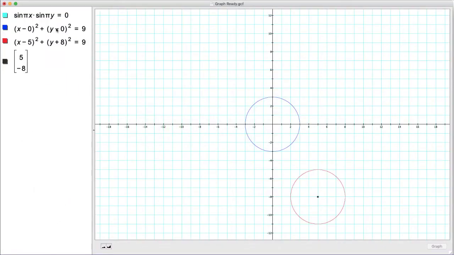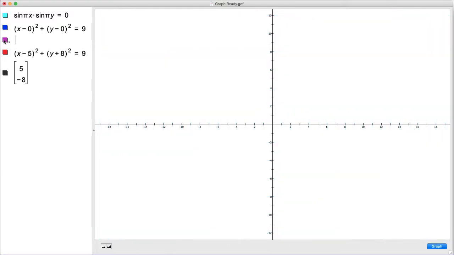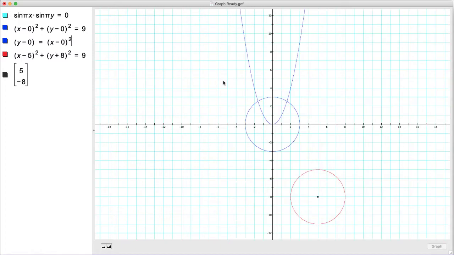So on our grapher we have the circles, and much like the circle I'm going to do the blue parabola y equals x squared, but I'm going to emphasize that this is y minus 0 in brackets, and here before we square it's x minus 0 and then squared. This is just going to emphasize that the center of the circle or the turning point of the parabola is located at 0, 0. And then the center of the red circle is located at +5, -8,